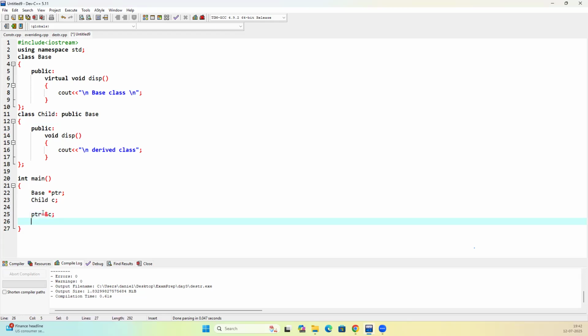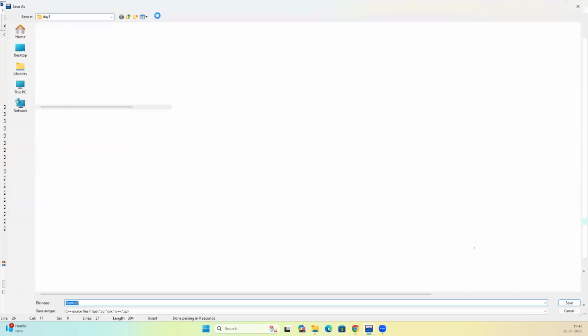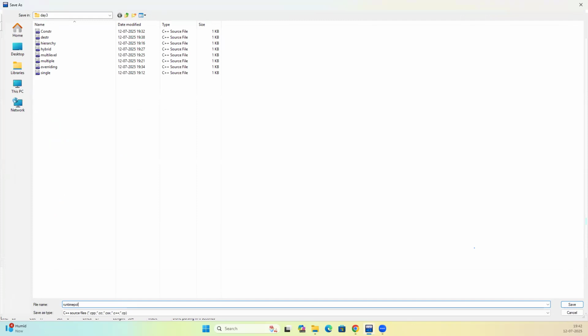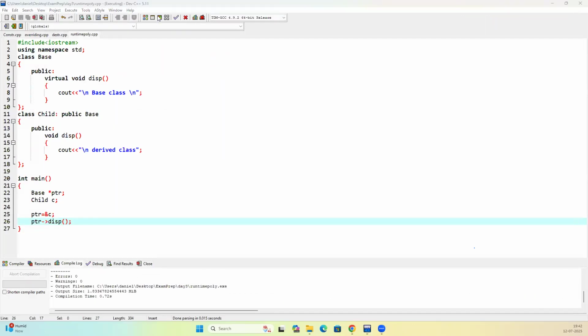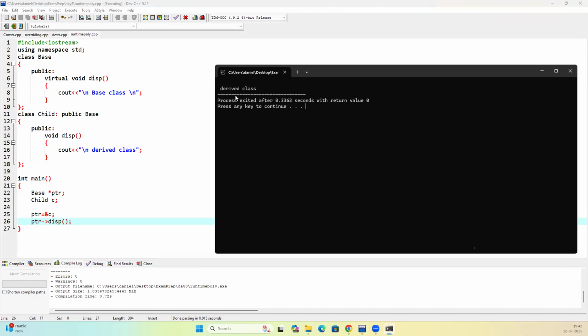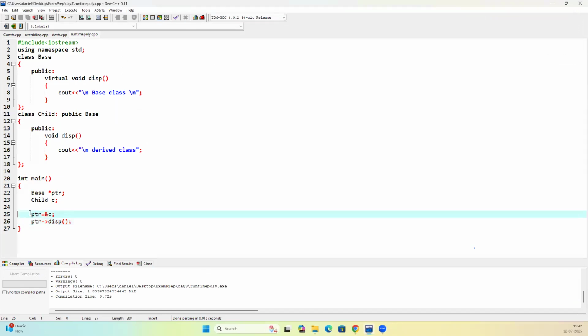Whenever you have a pointer, you will not use the dot operator, you will use the arrow operator. If I give ptr arrow disp function, basically it should have called its own base class function, but it will call the derived class function. If you run this, it is going to call the derived class. If I would not have given this and run the output,